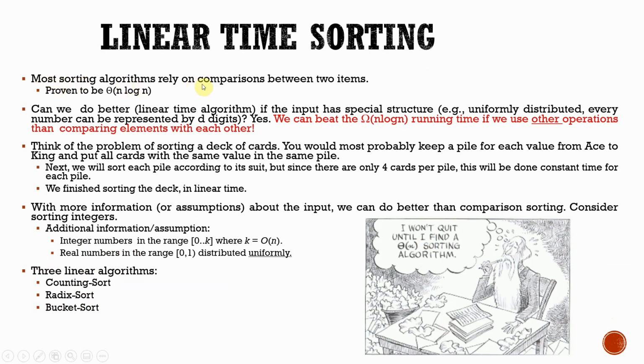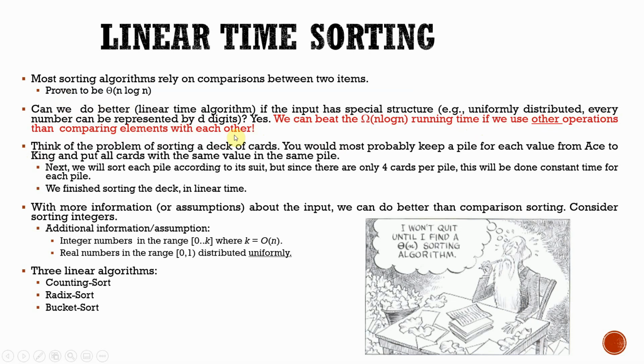Most sorting algorithms rely on comparison between two items, proven to be in the order of n log n. Can we do better? Can we do an order of n, linear time algorithm? We can if the input has a special structure. For example, uniformly distributed, or every number can be represented by a limited number of digits. We'll see what these requirements are when we talk about counting sort and bucket sort. In that case, we can beat the n log n running time if we use other operations than comparing elements